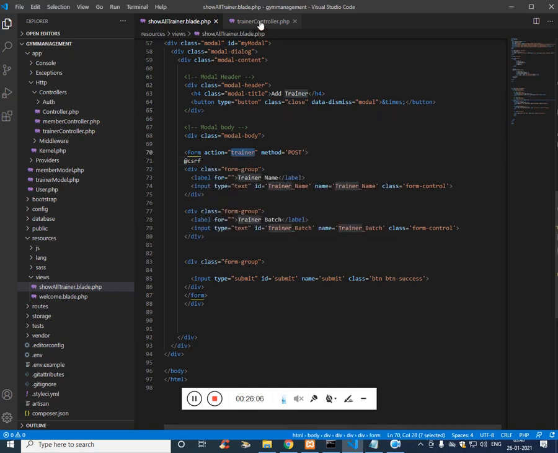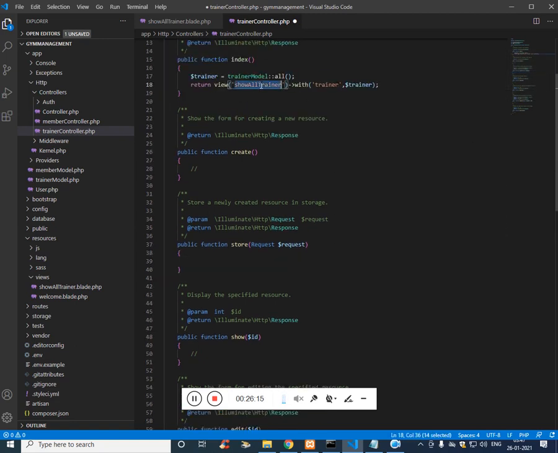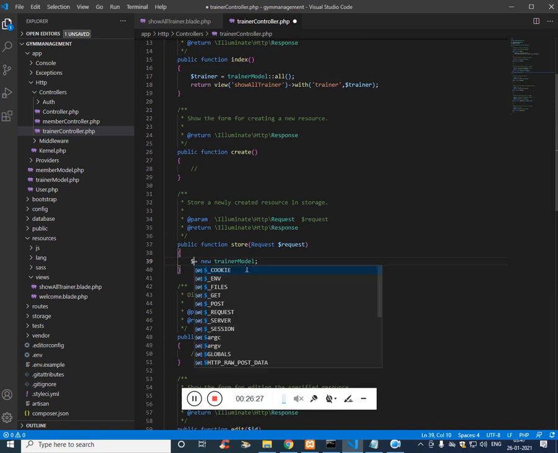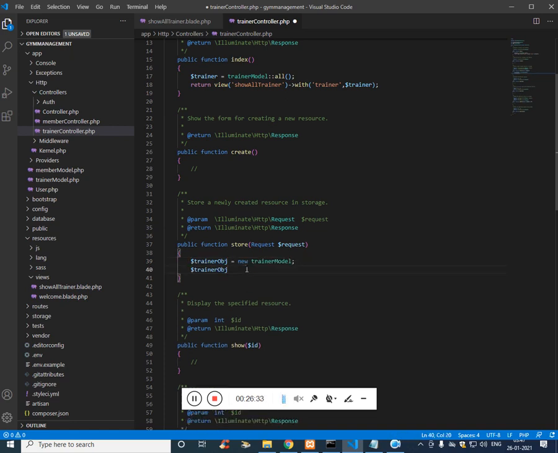Fine. Now let's get into the store function. Create the object of the model. This is the object of table, object of model.